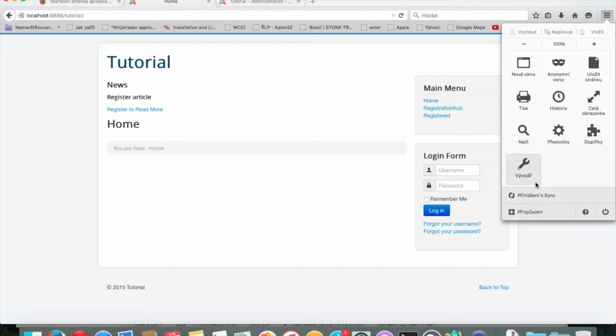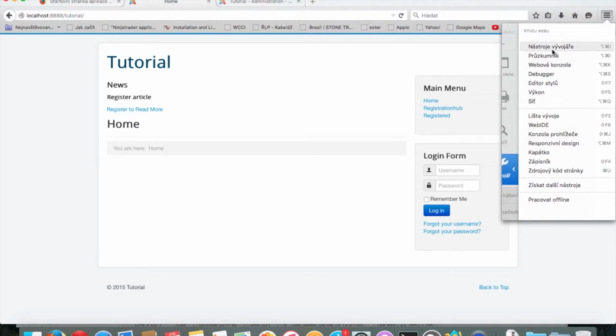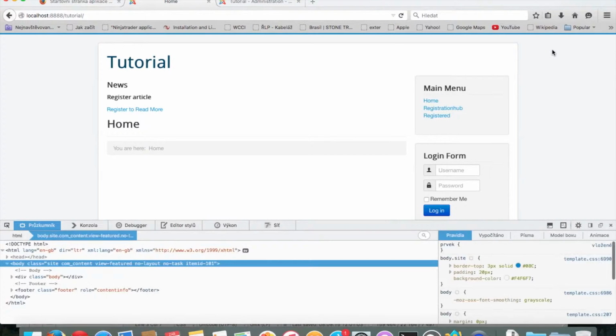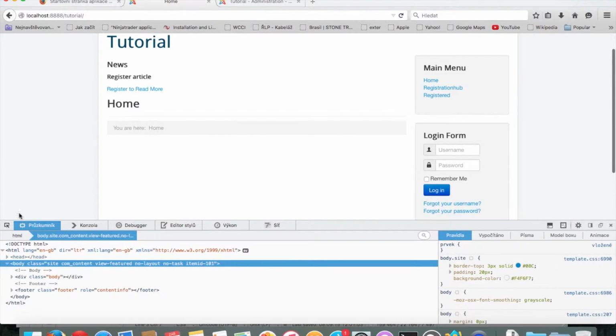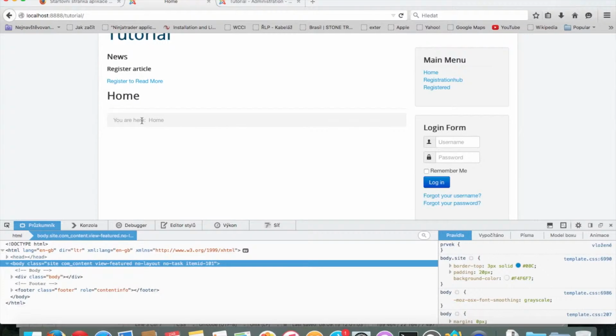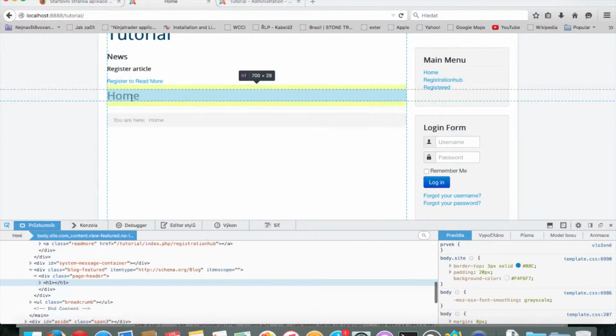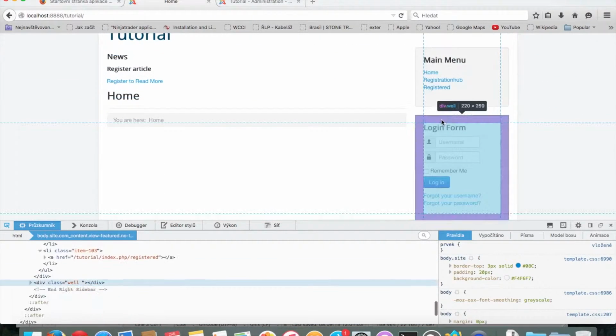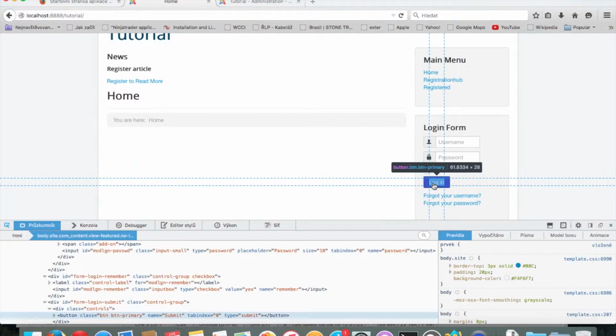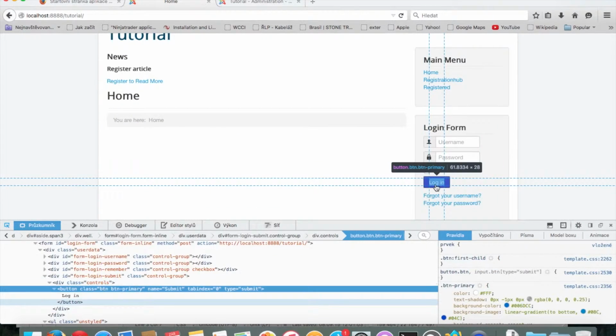There is something like developer, and here is developer tools, and this window comes up in your browser. Now with a click on this icon you can point at the specific element you want to style. So you can see that you can point on the button, click on this button,